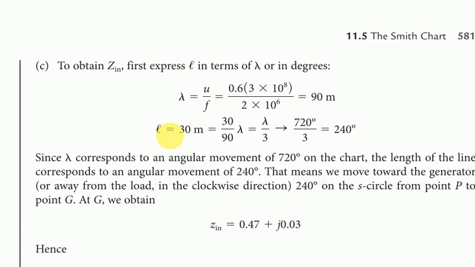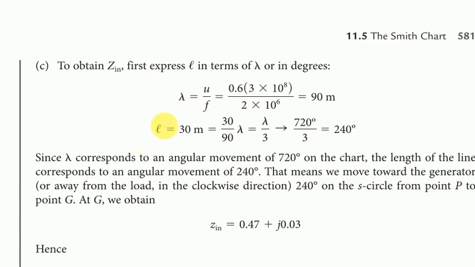तो एक लेंथ ट्रेवल करने में आप कितना डिग्री का रिवोल्यूशन लोगे ये फाइंड आउट करना है। You know lambda by 2 represents 360 degree revolution, so that means lambda represents 2 multiplied by 360, that is 720 degree revolution. So एक वेवलेंथ ट्रेवल करने में आपको 720 डिग्री का रेवोल्यूशन लेना है स्मिथ चार्ट पे।